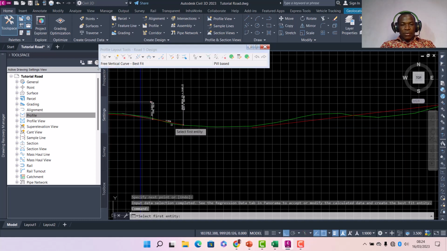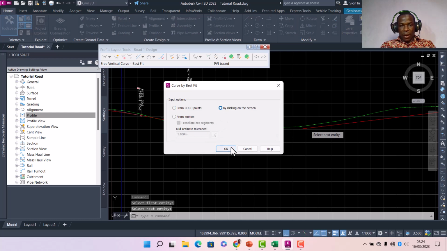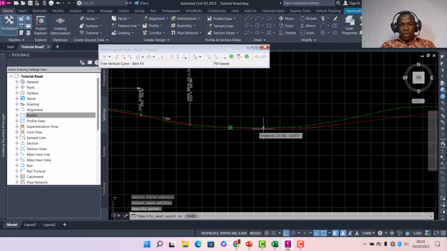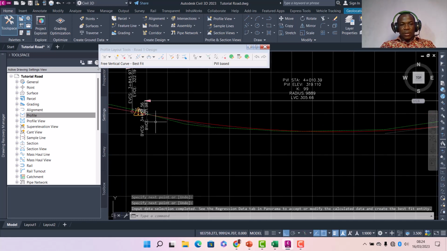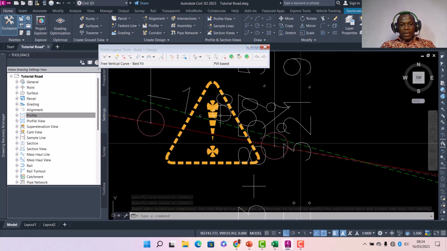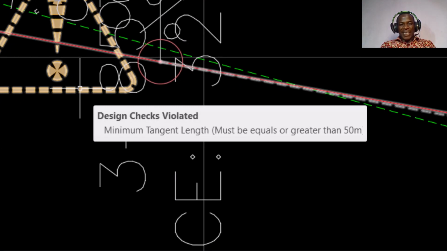Add my vertical sag. Okay, click on this by clicking on screen, and then I'll start going this way, and then I'll press enter. All right, if I'm okay with that, I'll press yes. It gives me, now look at an error. What's it telling me? What's this error? Let me hover my mouse over it. It's telling me minimum tangent length must be equal to or greater than 50 meters,